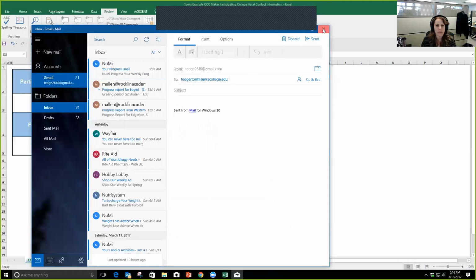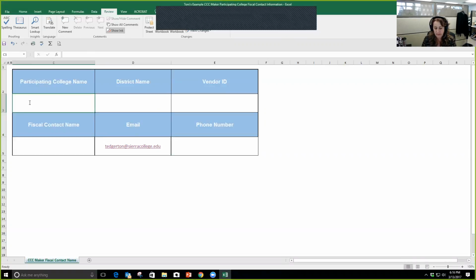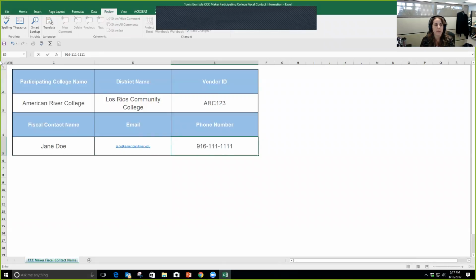Oop, I don't know what just happened there. Sorry about that. Okay. So say this is American River College, and it's Los Rios. And I don't know what their vendor ID is off the top of my head, but they're going to have a vendor ID that is going to be established, and Jane Doe is going to be my contact, and her email address, Jane at americanriver.edu. I don't know what that is. And so then you're going to save this